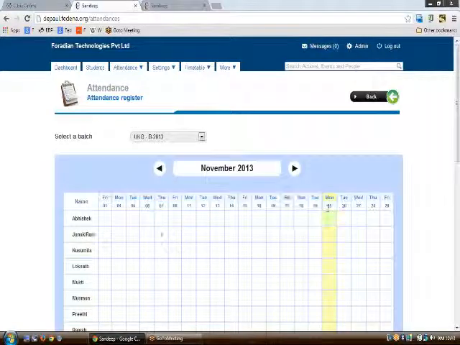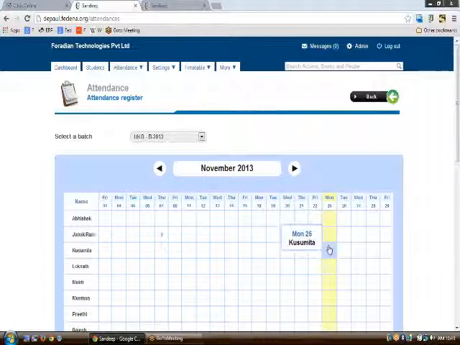As you can see, today's date is shown in the yellow column here. So you can mark the student as absent or present for the current date. If you want to do so, you need to select this particular cell.